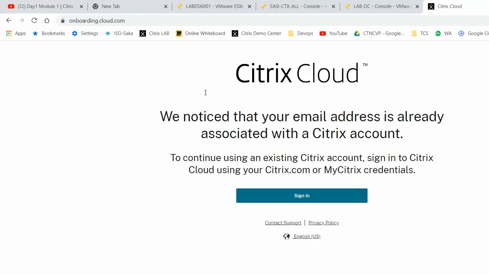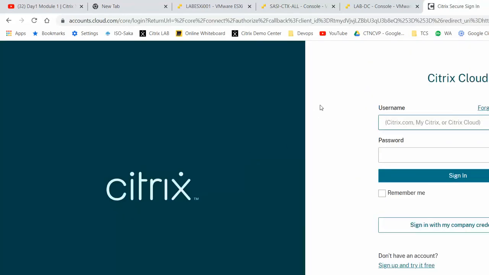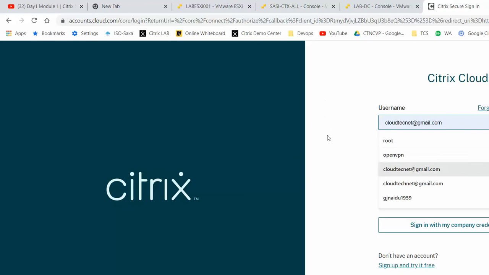We notice that your email is already associated with Citrix, so click sign in. Actually my ID is already there, so now I'm trying to log in.